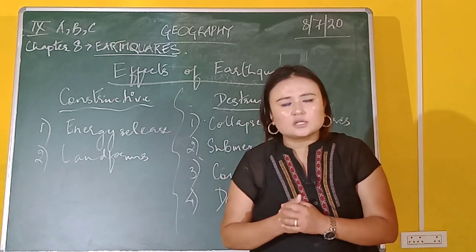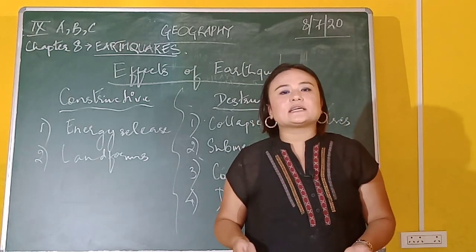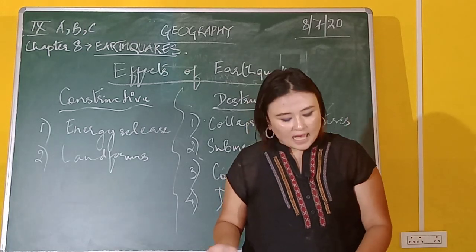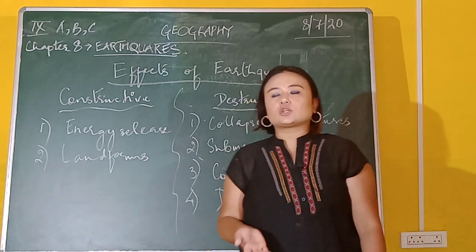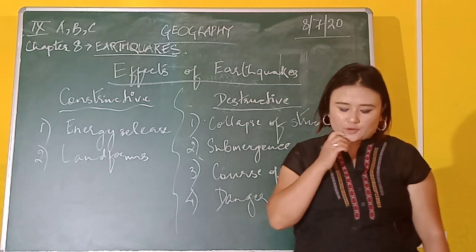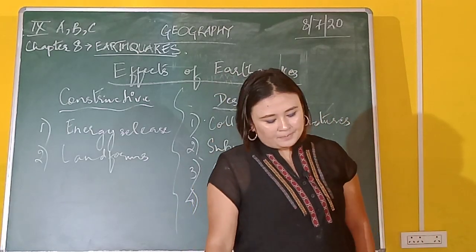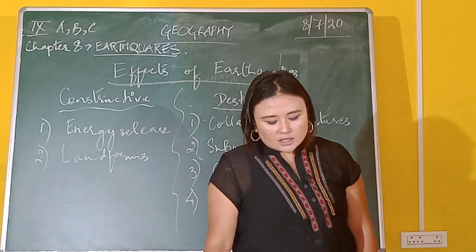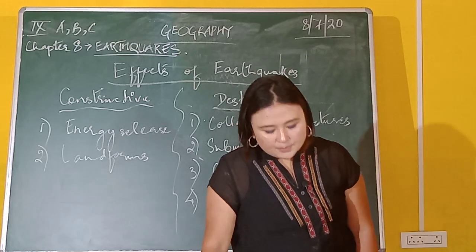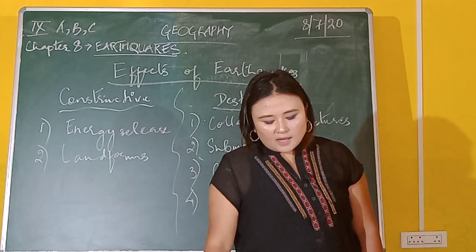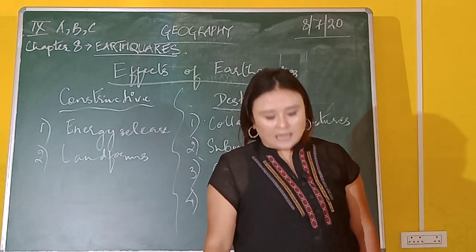For example, there is Nepal's earthquake. Thousands and thousands of people were killed by Nepal's earthquake. That is why the earthquake is considered very, very dangerous for human life. Many severe earthquakes in the past have killed hundreds and lakhs of people. They died on account of house collapse under the weight of falling trees, poles, bridges and structures. Landslides and floods caused by earthquakes will also kill people and animals.